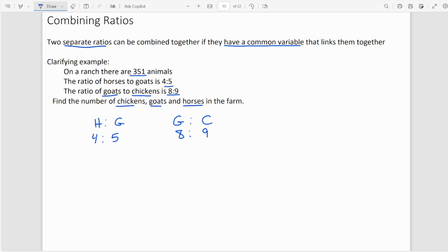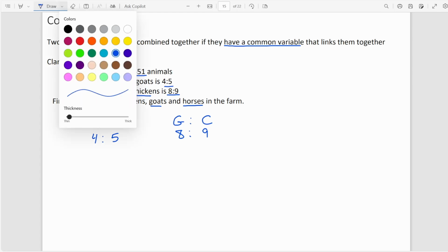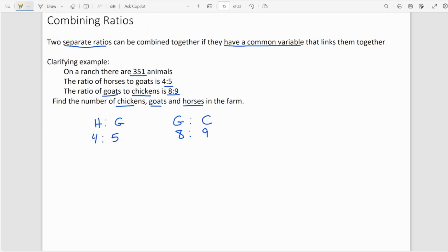Well, our common link right now is the goat, okay? That's the common link between those two ratios. But in order for me to be able to just link them together, I need to have the parts equal over here, so the same number, okay? So what we're looking for is the lowest common multiple of 5 and 8,